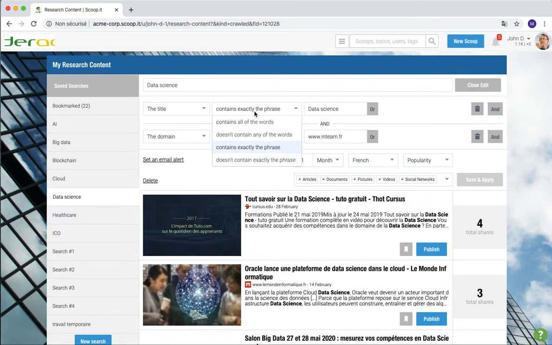So I can modify that either for it to be exactly the phrase, all of the words, which is going to be the variations, plural, singular, slight variations of the words, or that doesn't contain any of the words, in which case all of the articles containing data science would be excluded in any variation of the term data science, and if it doesn't contain exactly the phrase, it would be all the articles containing exactly data science that would be excluded. Same goes for the domain, it either is or isn't a subdomain of,